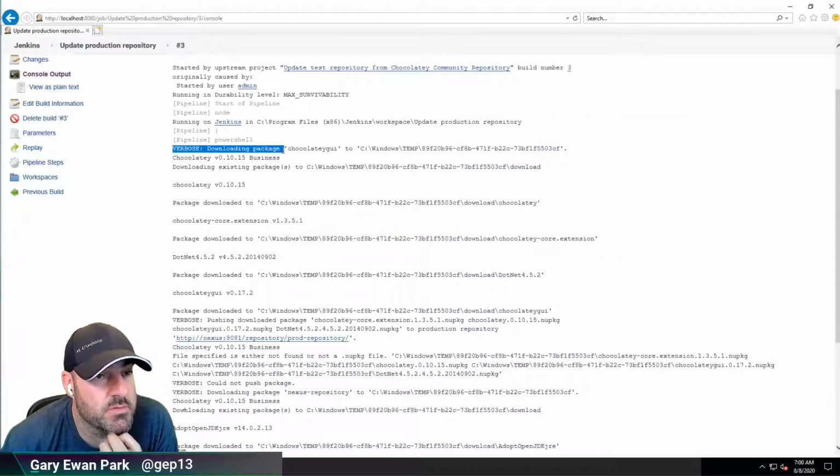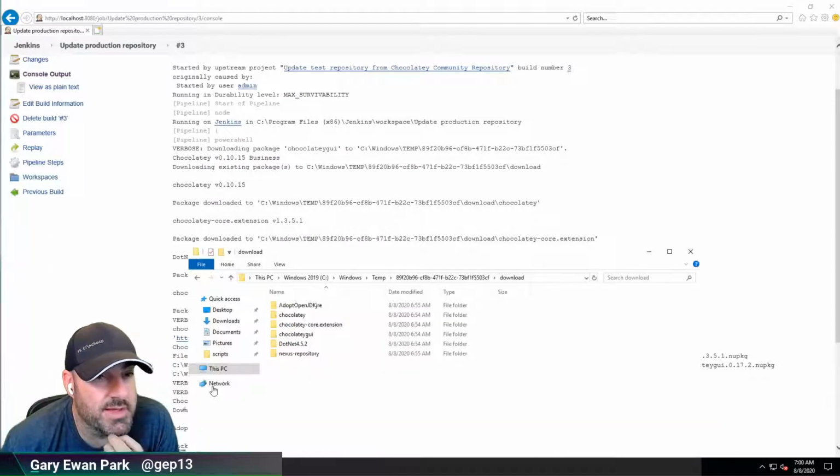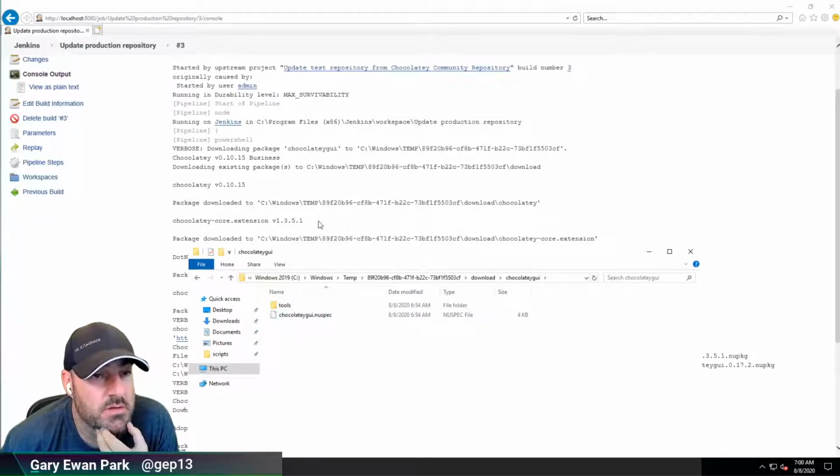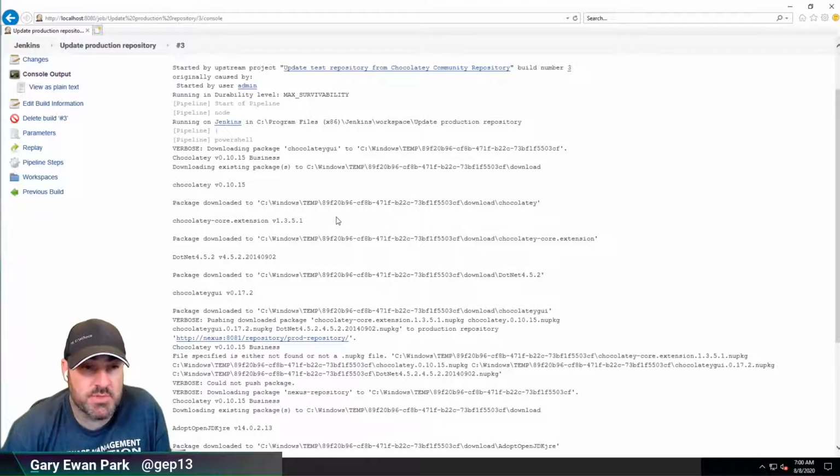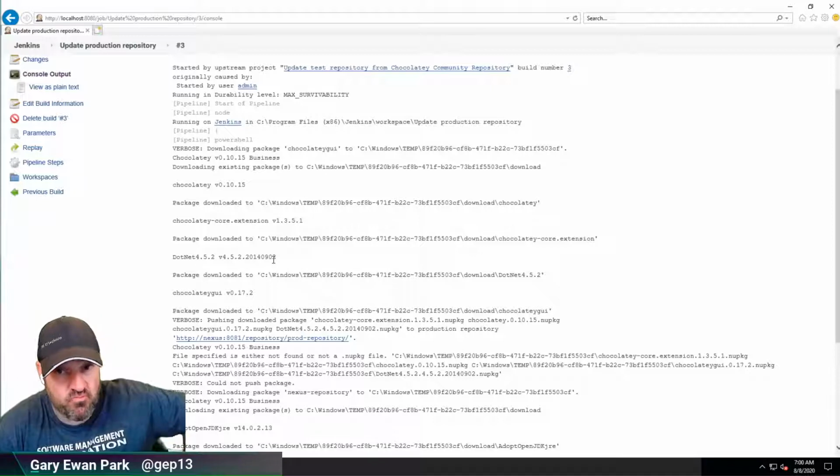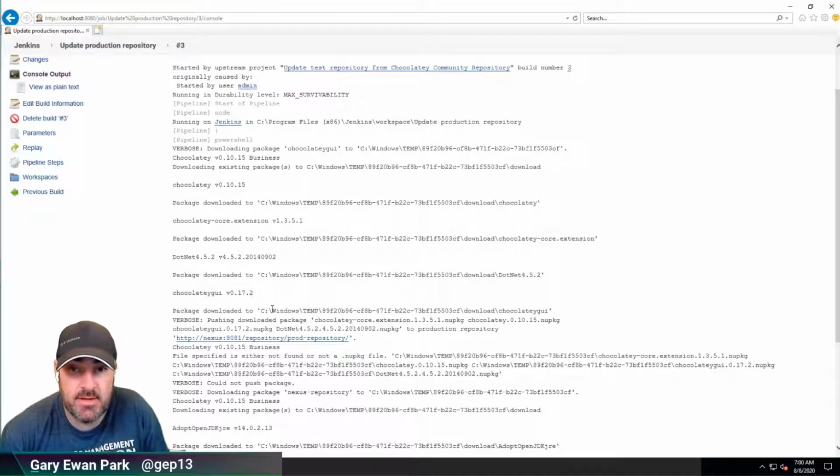So it was downloading package Chocolatey GUI to the temp folder. And in the temp folder, we saw that Chocolatey GUI was there, but that command is missing something, isn't it? I think it's missing a